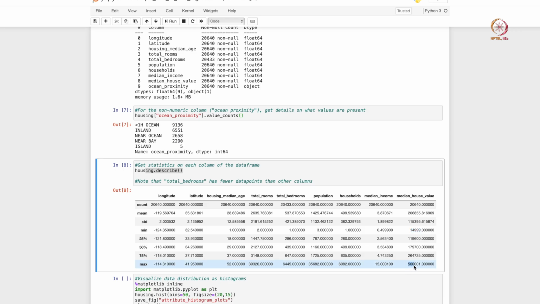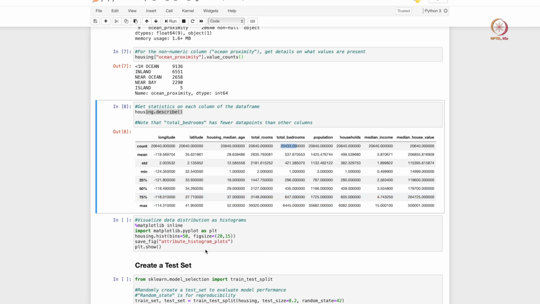So those are the sort of target house values that we have, and we also see that this column called total bedrooms has fewer data points than the remaining columns, right. So this is something that we have to think about. It is often the case that when you try to build machine learning models, you can have incomplete data sets. So you can have data sets which do not have all the features that you want, and in such cases you may have to use some strategies to ensure that your model does not break down completely, right. So we will get to those strategies a little later in this lecture or the next lecture.